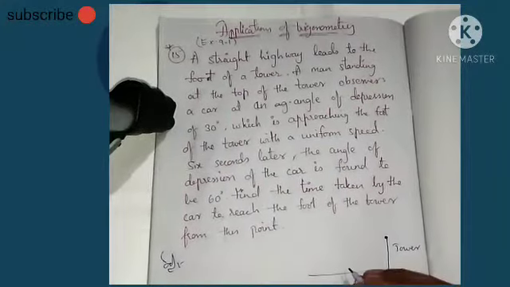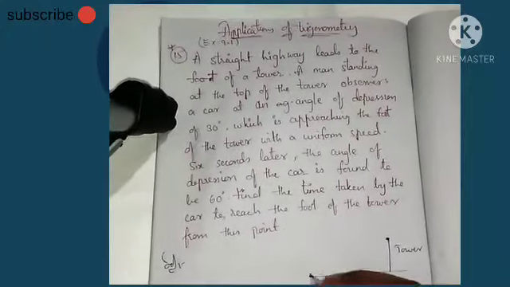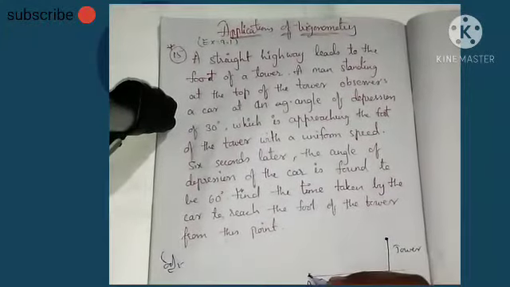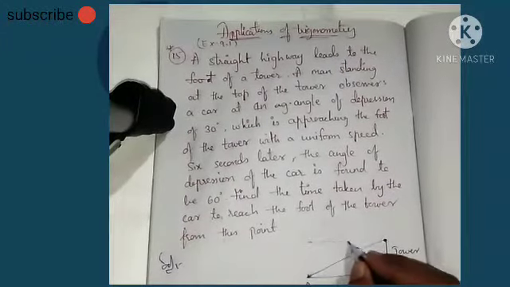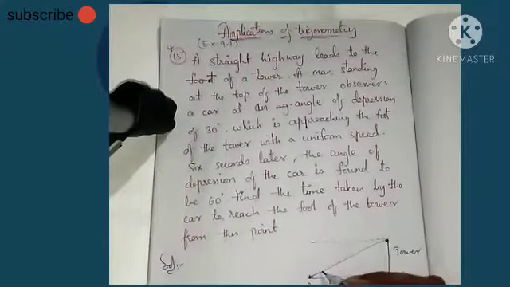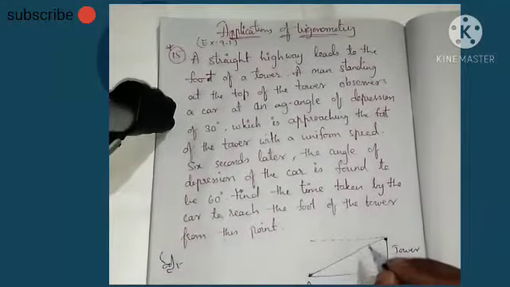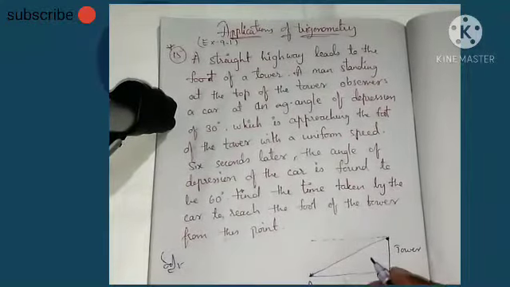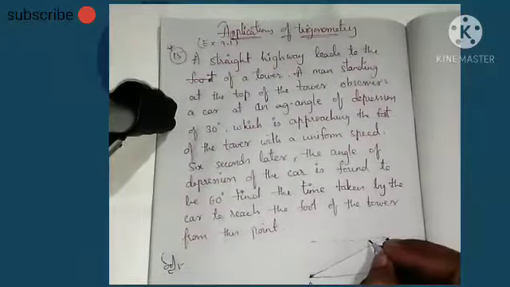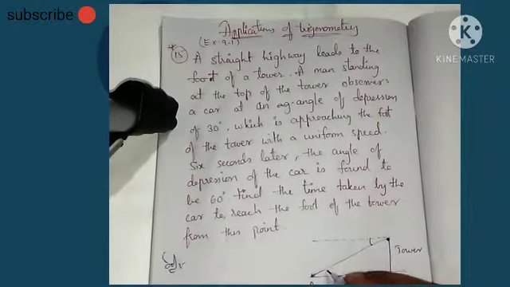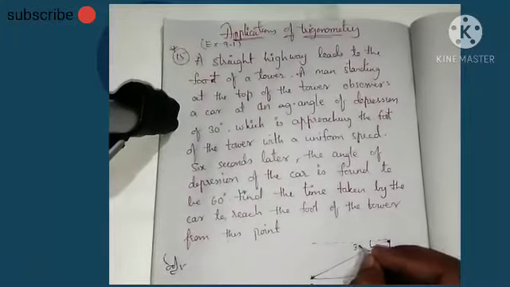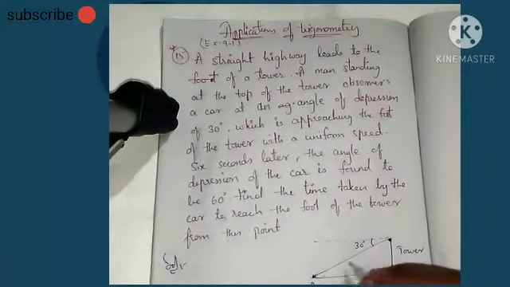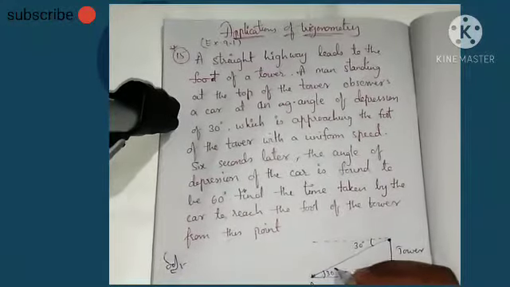So let it be at point A. So angle of depression, here it is observing, this is the line of sight. So here two horizontal lines, this and this. Angle of depression we have to draw. We know that angle of depression is between line of sight and horizontal line, but it should be below the horizontal line. If we draw it here, that will be above the horizontal line. So this is the angle of depression, that is 30 degrees. We know that alternate interior angles are equal. So this we can take 30 degrees.